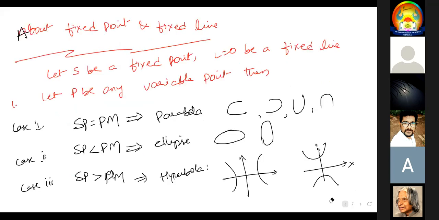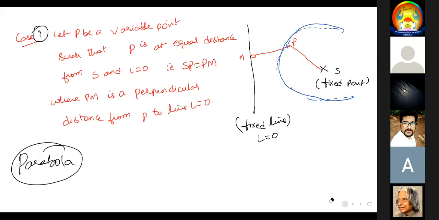Shall I repeat? No, sir. Please start doing. Please copy it: case 1, case 2, case 3. There is a lot to write. First write it down, and if you want me to explain, I'll explain. Copy it. After completing, please let me know. You have 10 minutes, within 10 minutes you have to finish.